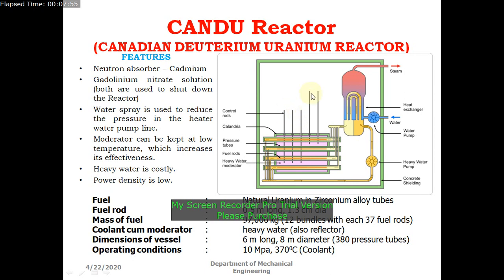Here we can see some vertical lines indicated as control rods. These control rods are made of cadmium material. During the starting and shutting down of the nuclear reactor, the position of the control rods is varied. We have to remember, when the reactor is to be started, the control rods are pulled out. That means a very small portion of the control rod is inserted into the core of the reactor, because during the starting of the reactor we need more neutrons to initiate and sustain the reaction.